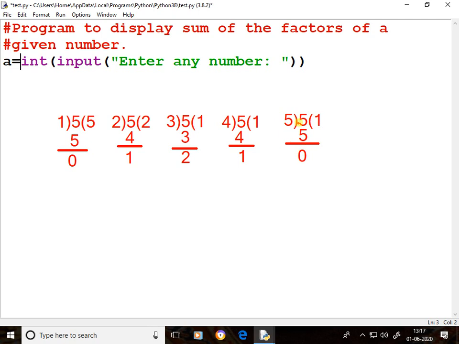So 5 is a factor of 5. If remainder 0 comes, it is a factor. If the remainder is other than 0, it is not a factor. So 1 is a factor of 5, 5 is a factor of 5.